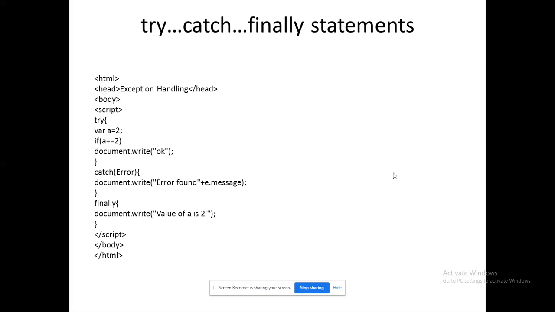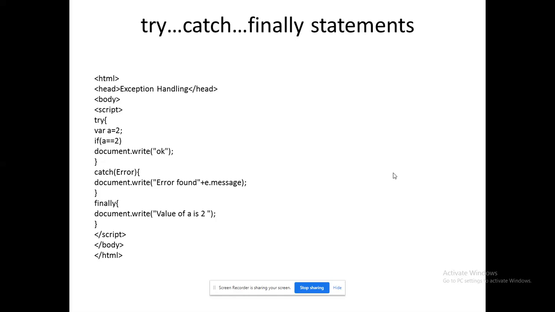That's it. Very clear. So the code which needs to be executed in any case, whether an exception has occurred or not, such mandatory code needs to be given within the finally block. That's the role of finally. Already we have seen try catch. If any exception has occurred within the try block, ultimately that will be caught by the catch block. Catch will display its own message.